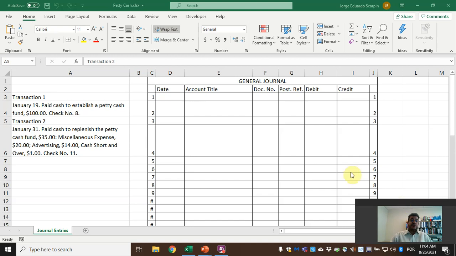So transaction number 1, January 19th. Paid cash to establish a petty cash fund, $100 with check number 8. So the date, January